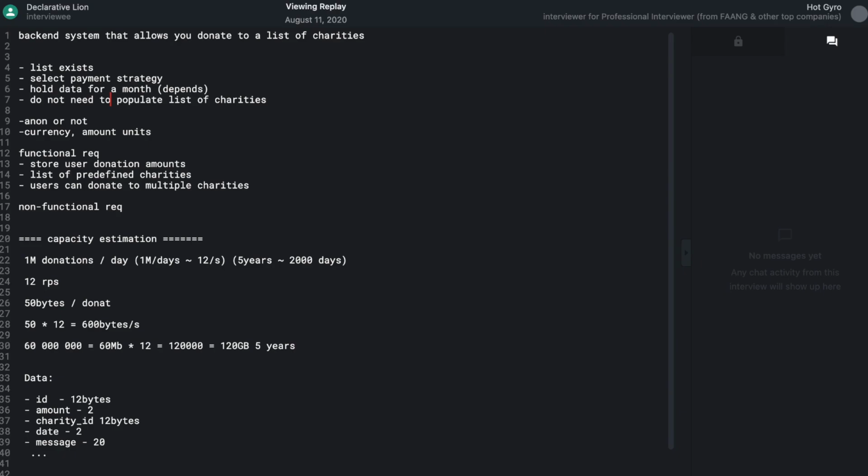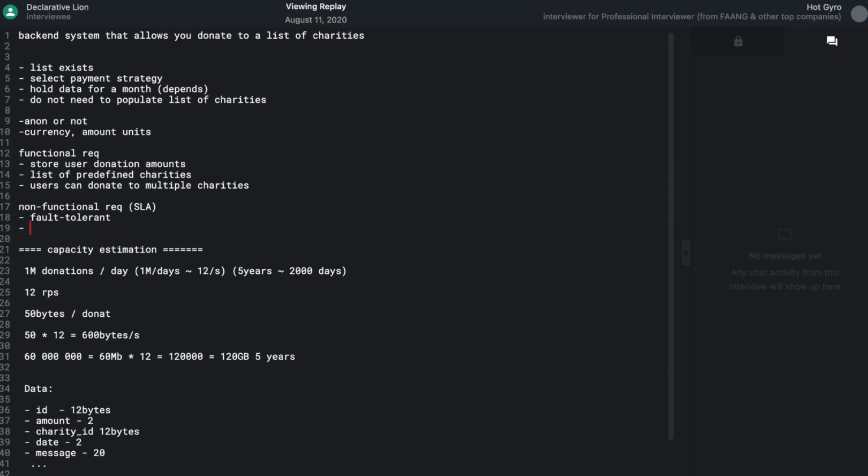However, I think what's missing in the requirements is the non-functional requirements, right? Non-functional requirements are usually what we call the SLA, or service level agreement, or pretty much what the system promises to the user here. So things that you can consider here are the typical CAP theorem stuff, right? Like you want to have a fault tolerant system so that if something fails, which you asked about, what happens if something fails, right? So this is what you want to do. Your system needs to be fault tolerant, right?